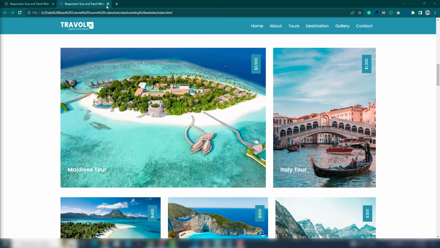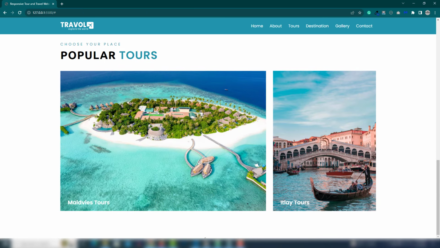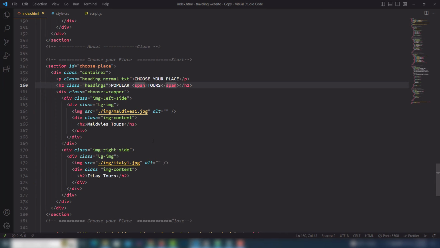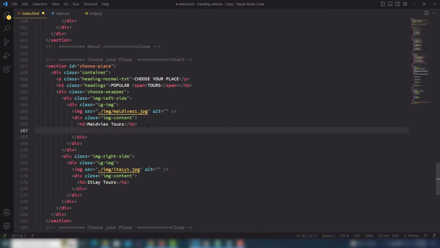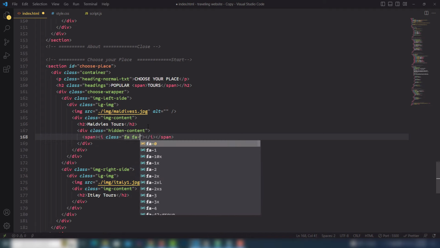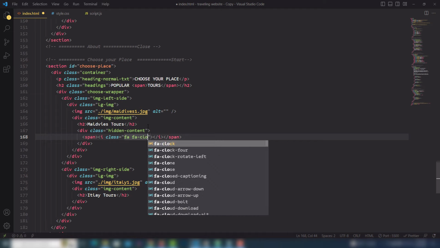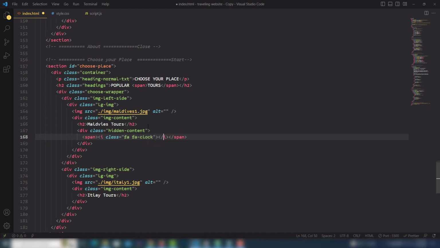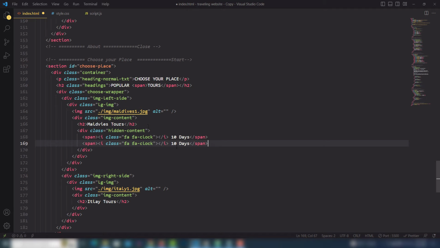So I'm going to close this one, and inside that I need to go on my index.html page, and this is the image content. After the h2 tag, you need to create a hidden content class. After that, you need to create a span tag. Use I, means class fa clock. This is the icon, and after the icon or I tag, you need to use the text 10 days. Get that, and this will be 12 plus,